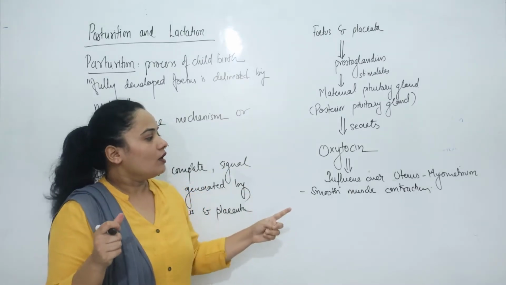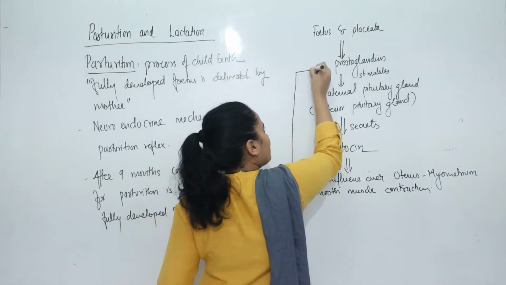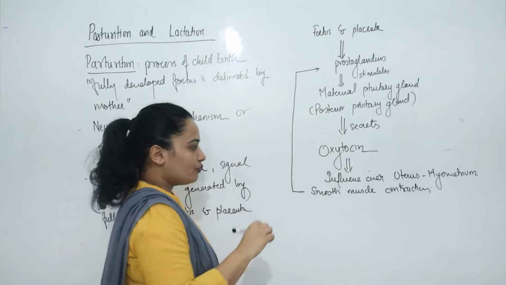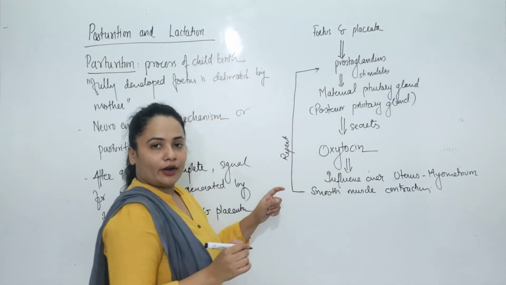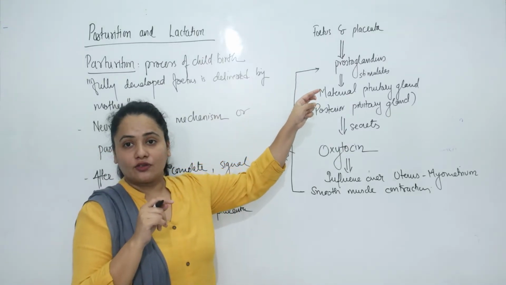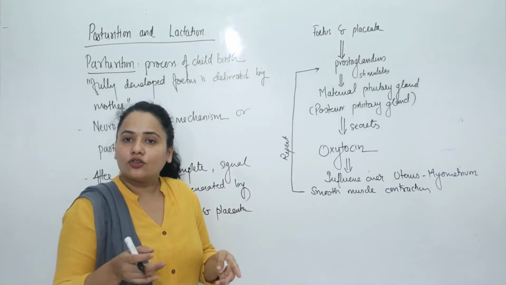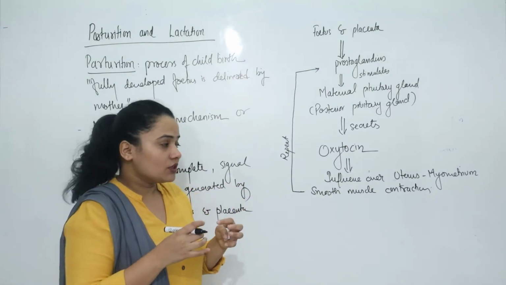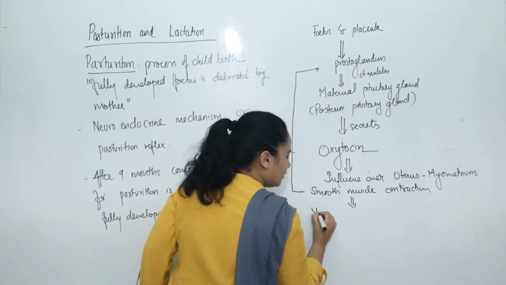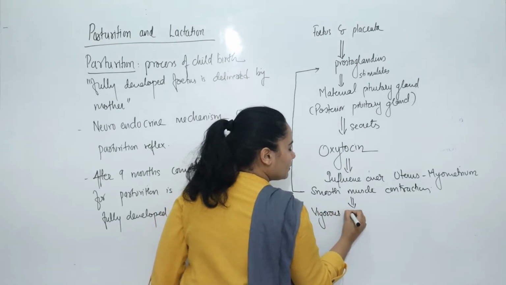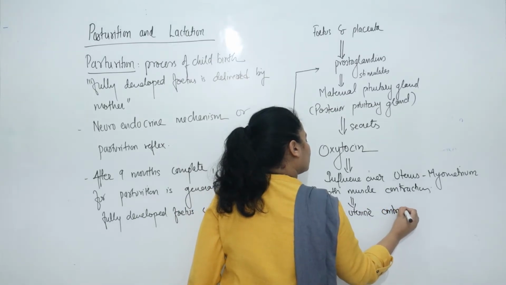Contraction happens. Now as soon as contraction happens, this will send more impulses to the posterior pituitary gland, and this goes on repeating. As the contraction happened, it again released prostaglandins, the pituitary gland again released oxytocin, and again contraction happened. So because of this, a vigorous contraction occurs. So here it results in vigorous uterine contraction.